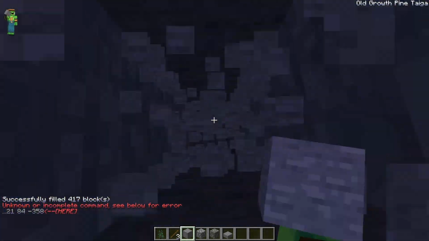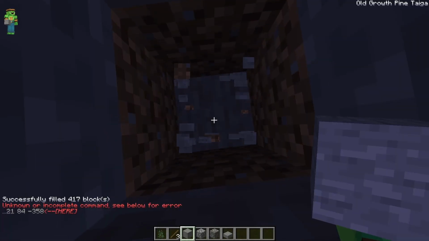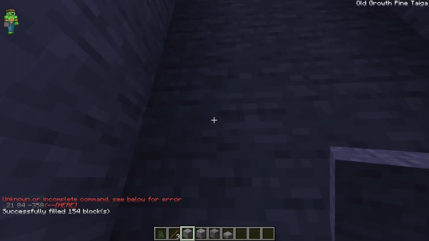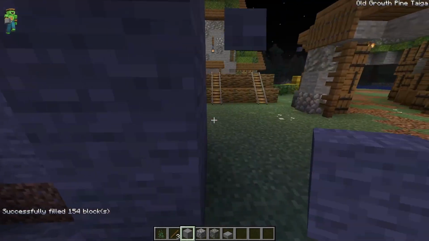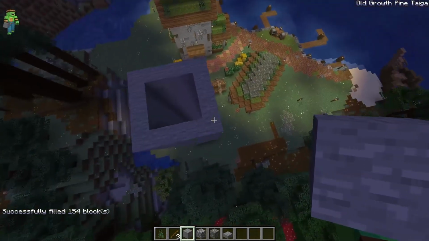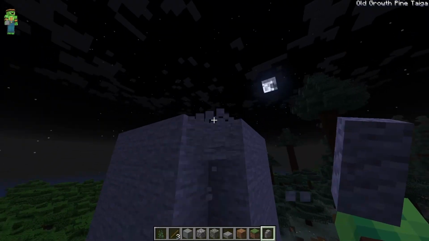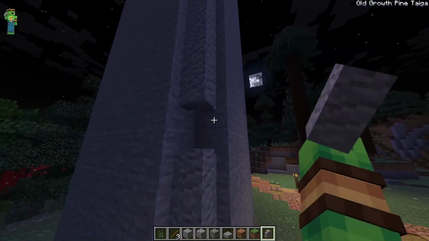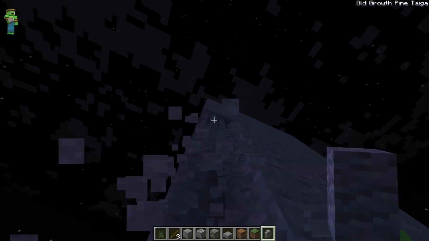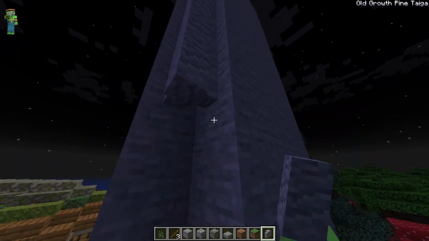Alright, I'll see you guys at the bottom of this thing. Holy moly. Oh, we hit it. Alright, there we go. And then we're just going to go ahead and do like this. There. And then cut a little hole. There we go. Alright, so now we have a whole tower. Beautiful. The first thing I'm going to do is replace the edges with andesite walls, because Minecraft's silly, and apparently